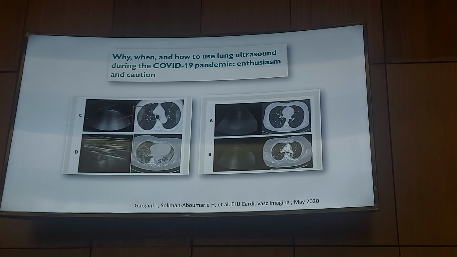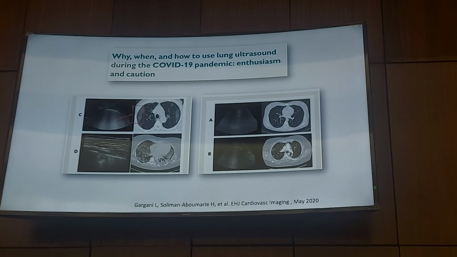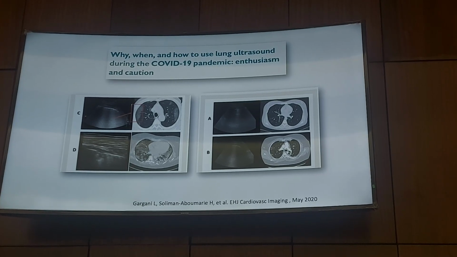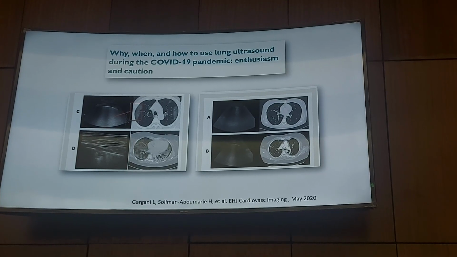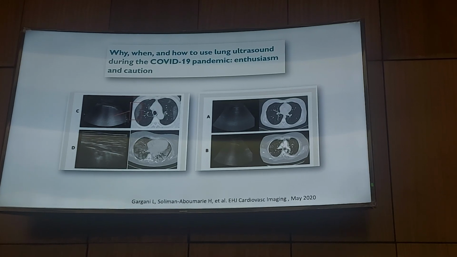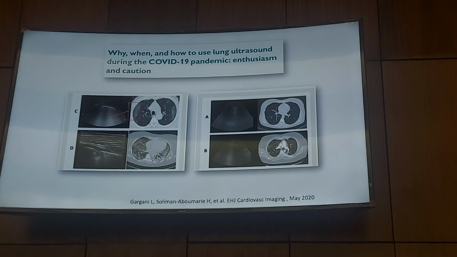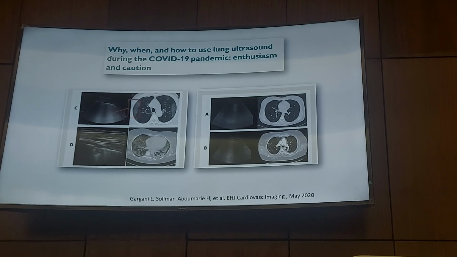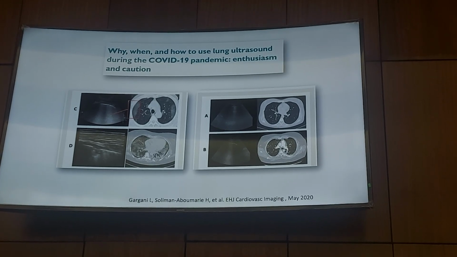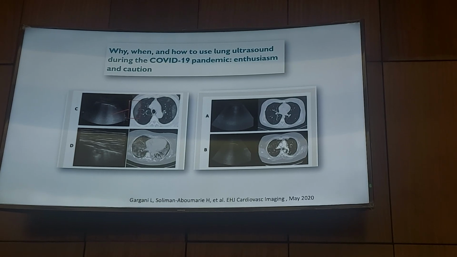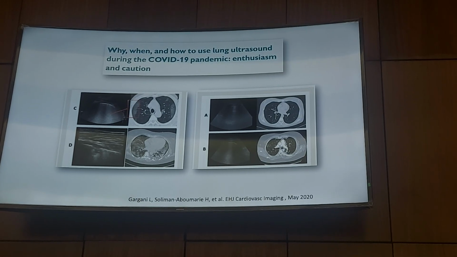The next point is the pattern of B lines. The normal pattern of B lines in congestion is symmetrical, bilateral, more at the base. If you have pneumonia or ARDS, the B line pattern is patchy, like what you see on the CT scan, the ground glass. And we actually mentioned in the study that the B lines correlate well with the ground glass opacification seen